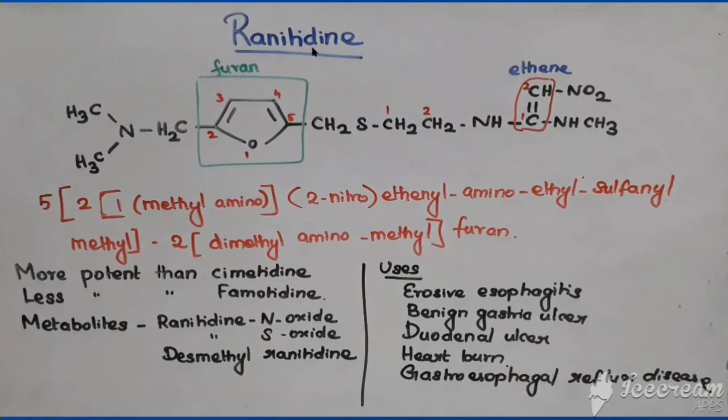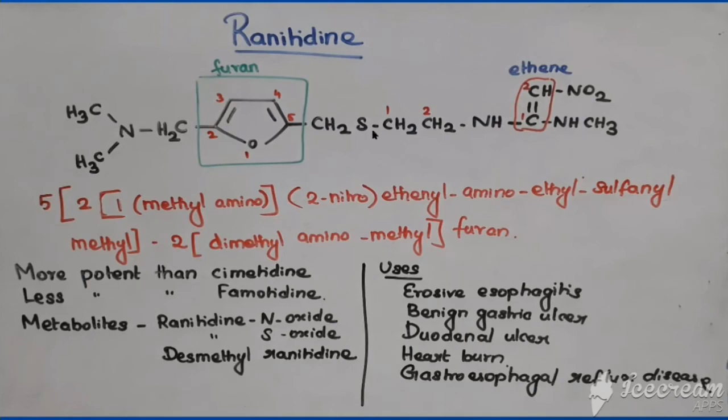Next drug is called ranitidine. Okay, in the ranitidine, it is having furan nucleus. So in the furan nucleus, in second position, it is connected with methyl, and that one is connected to nitrogen, and that is having 2 methyl, that is called NN dimethyl amino methyl group attached in second position. And what is in fifth position? With the fifth position, it is connected with